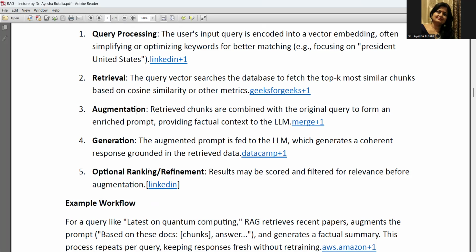So what happens? Sometimes you get a response and then you get a message from ChatGPT: Do you want this as a PDF version? Do you want it as a PPT? Or do you want to go ahead with another model? So these 3 other models are the subsections of the generation phase. Okay, the augmentation phase, and the generation phase will give you the top 1, which will be ranked by